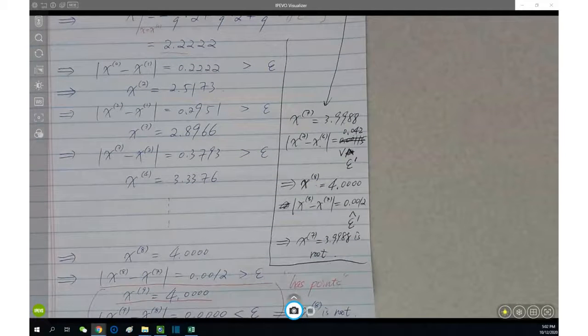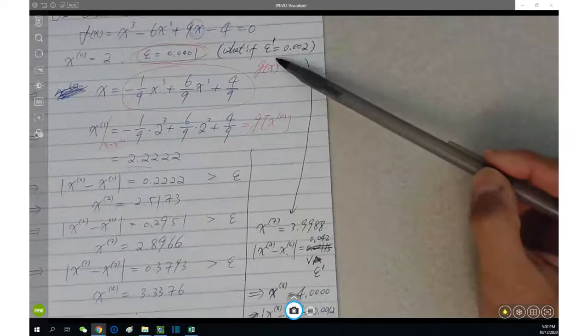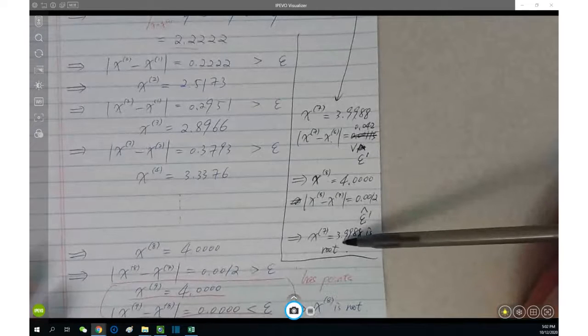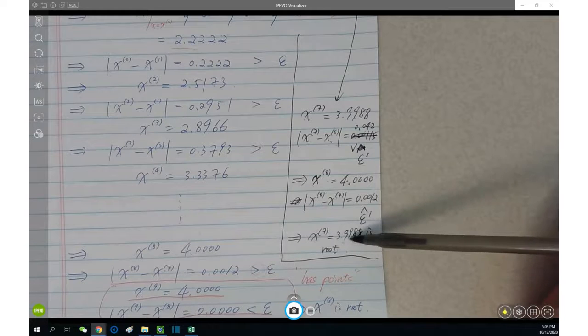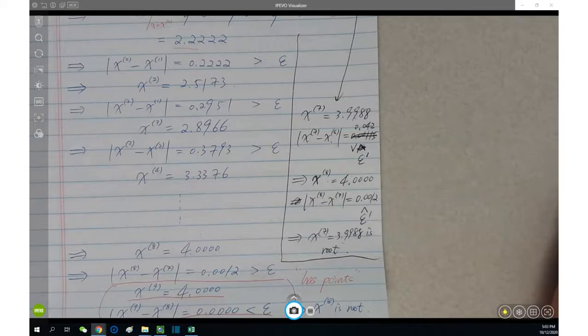And from this result, it's very easy to tell. Tell what? With greater accuracy, what do you see? Lower resolution of the root. Does it make sense? Because you know 4 is the exact root. These 3.9988 is close, but the resolution is not high enough. You're sacrificing the resolution of the root